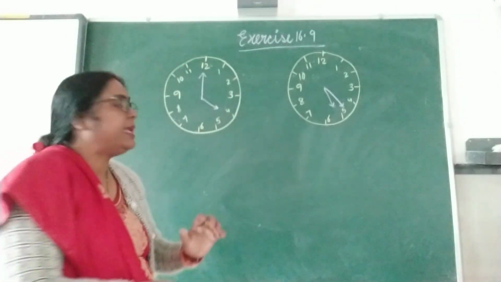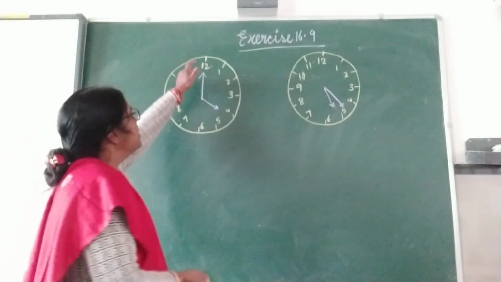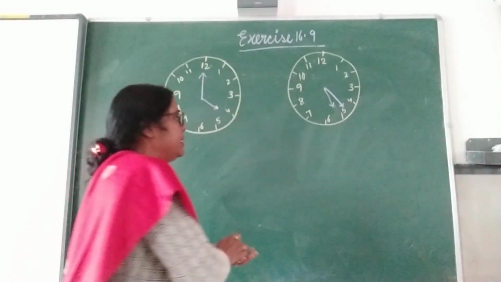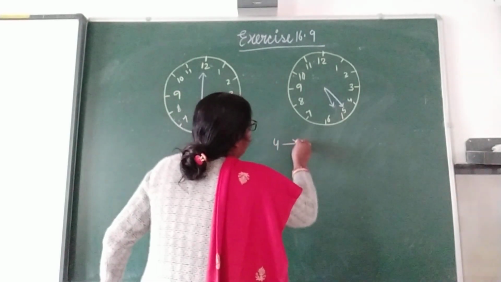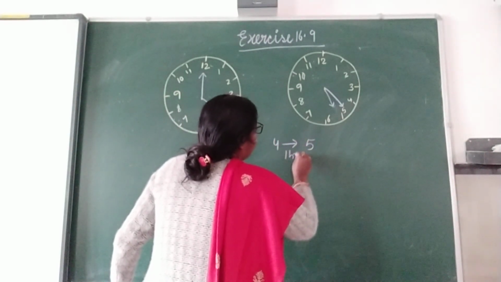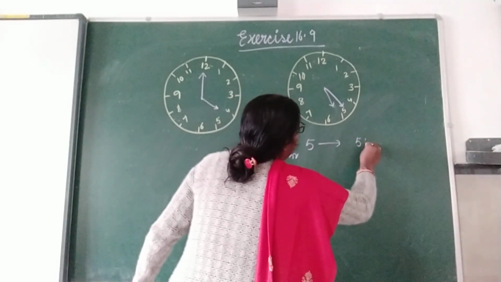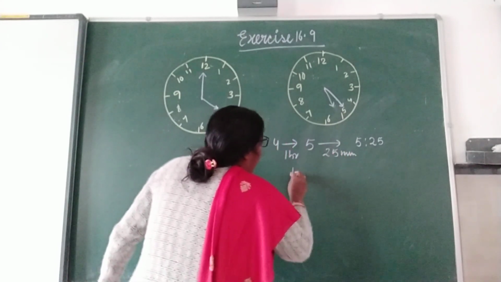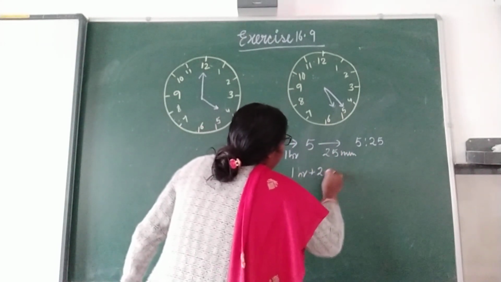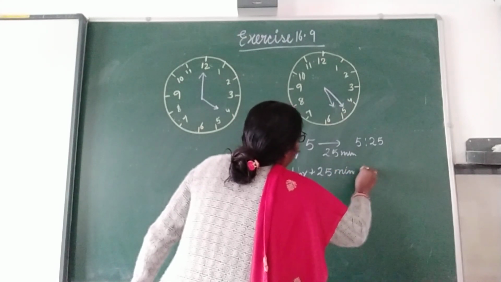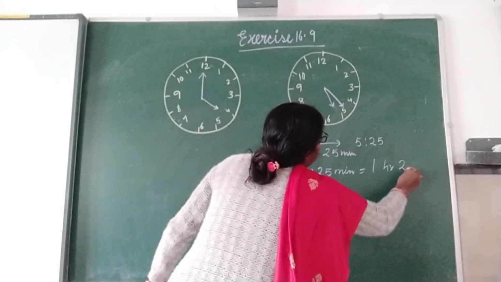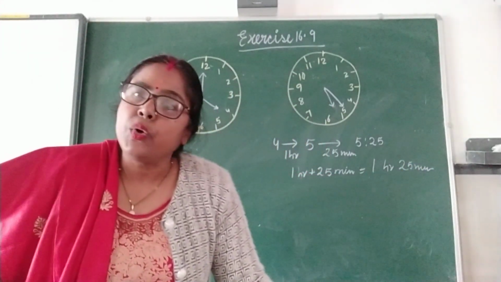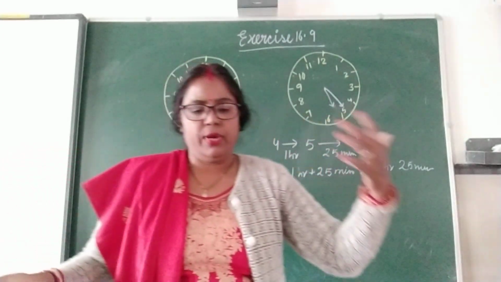Now, how long was he there for? Means for the aerobic class, how much time? Started at 4. So after 4 it is 5, so 1 hour is there, one complete rotation. So it is 4 to 5, 1 hour. And from 5 to 5:25, it took 25 minutes. So 1 hour plus 25 minutes equals 1 hour 25 minutes. So the total duration he was out is 1 hour 25 minutes. So this is mental work only.